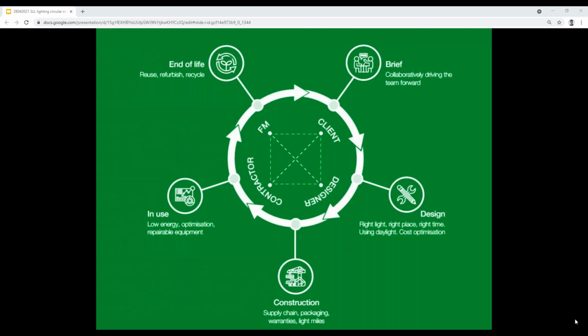Right. Quickly became apparent that it wasn't actually completely down to the manufacturer or indeed the designer, that there were very many other players in this story. We all know how complex project teams are, but it essentially boiled down to 4 stakeholder groups. One is the client, one is the designer, one is the contractor, and one is the operator. And so I looked at it primarily from my designer's point of view, but then also what the interfaces were with the other stakeholders. So next slide, please.